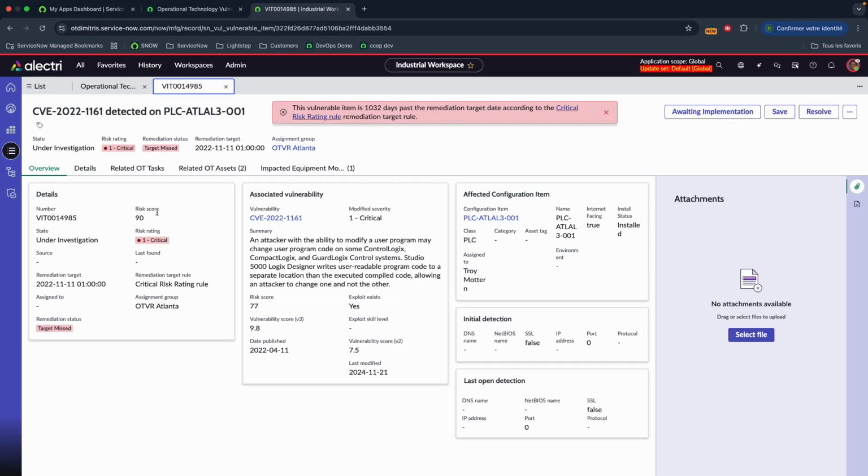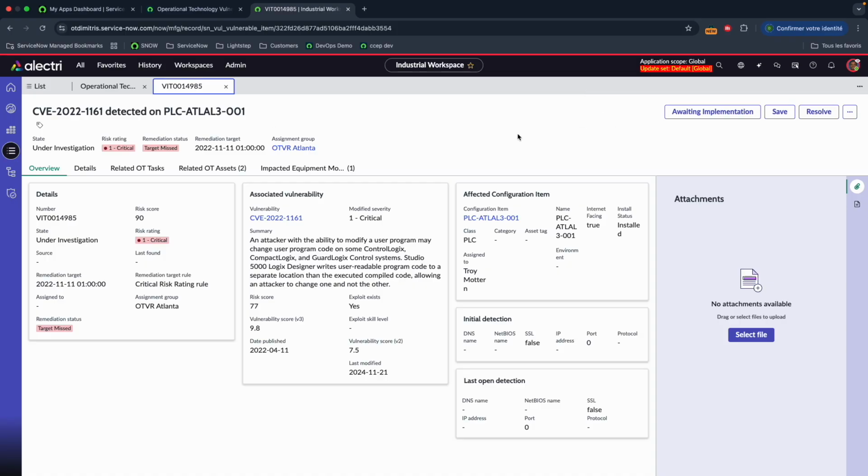vulnerability, you will first see the CVE attached to this vulnerability with all the data provided by the National Vulnerability Database, meaning the description, the risk score from the National Vulnerability Database, whether there is any exploit, whether there is any solution, and you can also see the attached configuration item. As you can see here, there is a warning simply because it is a critical vulnerability and I have set an SLA for those, and I am over the defined SLA.